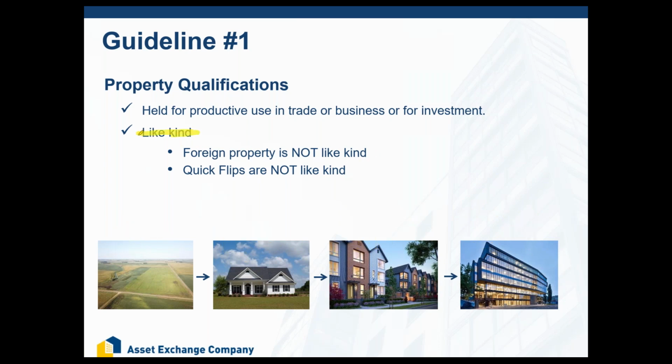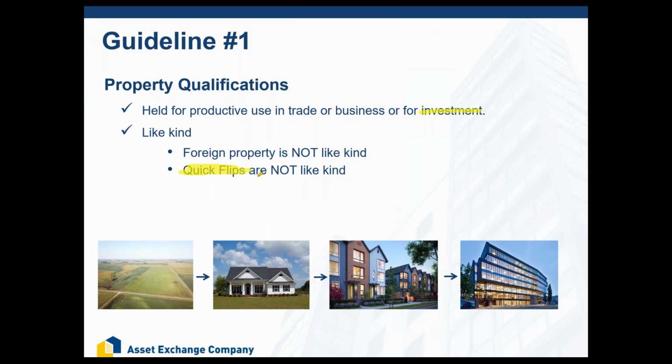The like-kind requirement is only limiting in the sense that you cannot exchange into property outside of the United States, and you cannot exchange inventory. Inventory is not exchangeable, and when we're talking about real estate, inventory is generally a quick flip or a development deal. If you've got a flipper for a client, someone who buys properties, spends 6 months fixing it up, and then flips it, they are not doing exchanges because they have not been seasoned as investments. They're inventory.